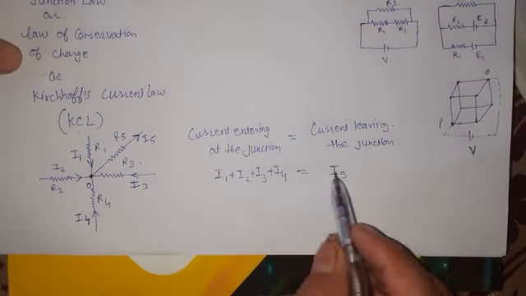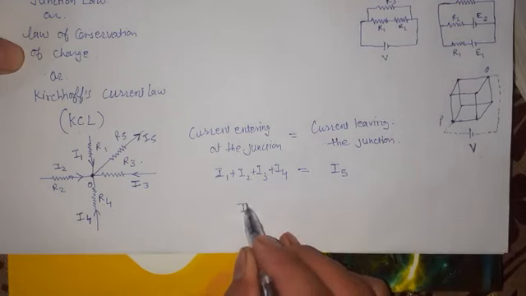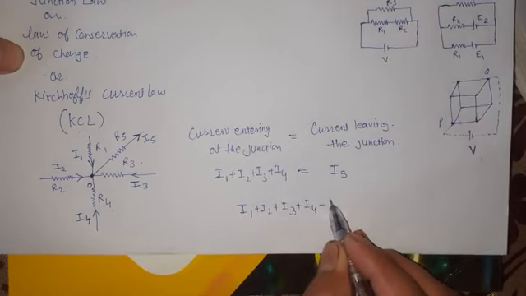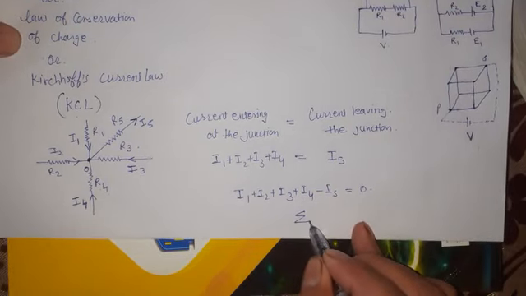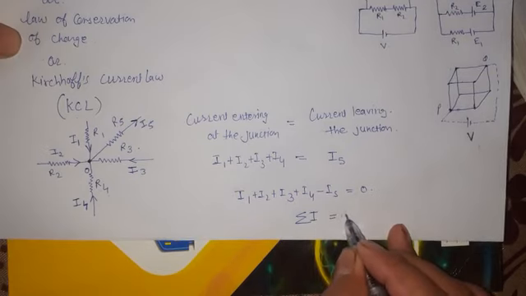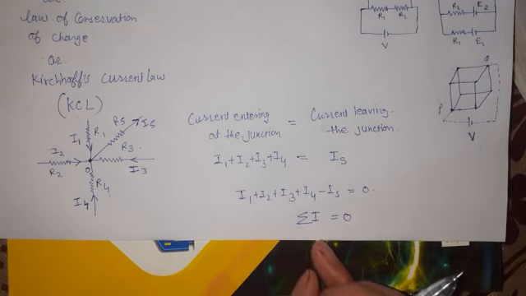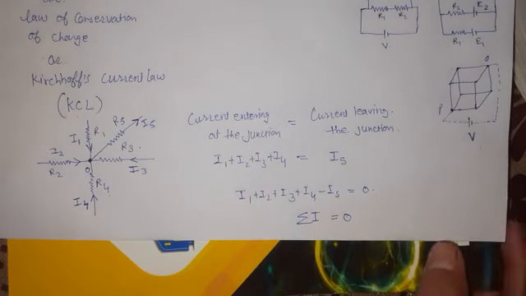या फिर आप इसको ऐसे भी देखें। ठीक है, तो दोनों बराबर हुए। तो अगर मैं इसको लेफ्ट साइड ले आऊँ, सो व्हाट विल हैपन ओवर देयर, I1 प्लस I2 प्लस I3 प्लस I4 माइनस I5 इज इक्वल टू 0। इसका मतलब क्या हुआ कि अलजेब्रिक सम ऑफ ऑल द करंट एट द जंक्शन इज इक्वल टू 0। ठीक है, तो इसलिए अलजेब्रिक सम ऑफ ऑल द करंट विच इज एट द जंक्शन इक्वल टू 0 होगा। मतलब कि जितना करंट एंटर कर रहा था उतना ही करंट उसको छोड़ के चला जाता।